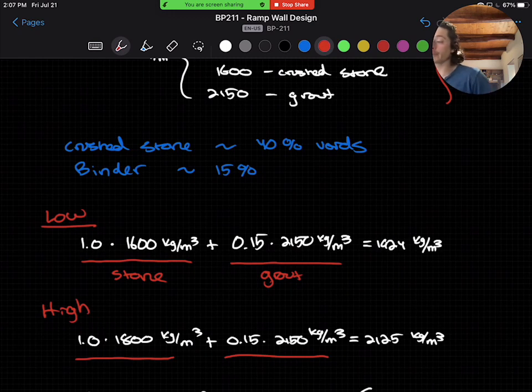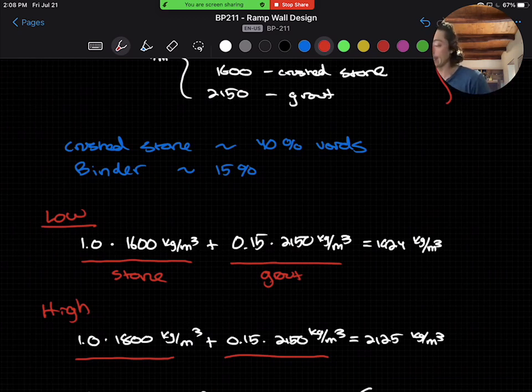Now, it's reasonable to assume that some compaction is happening, as the masons will usually organize the stones by size, small, medium, large, and orchestrate the abutment fill to make sure that the maximum void space is used up by heavy material, and sometimes even organize stones in the abutment after each lift and before placing the grout. However, it is more conservative to assume the 1,600 kilograms per cubic meter value if we can't confirm this